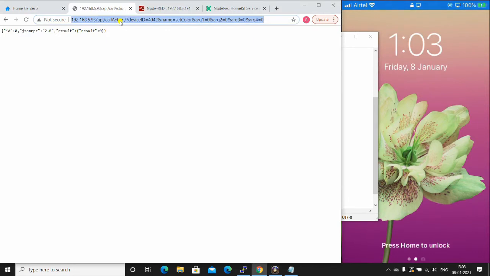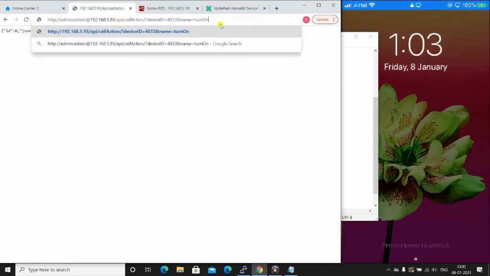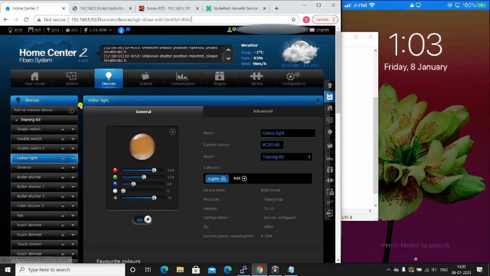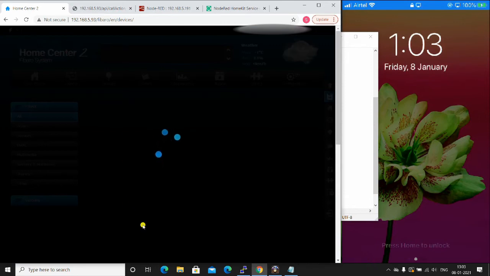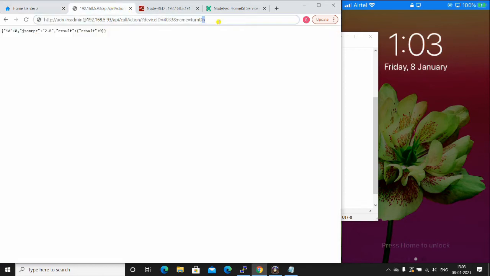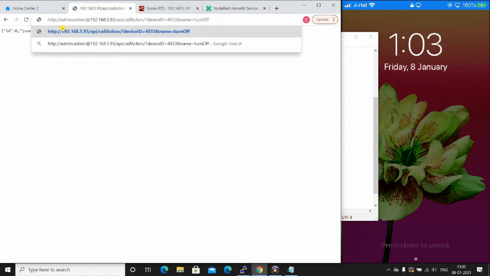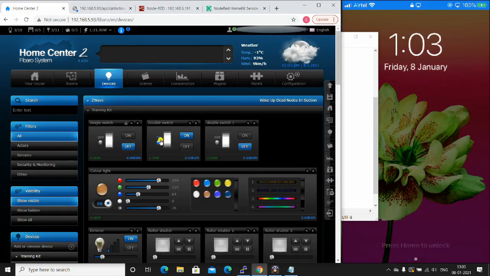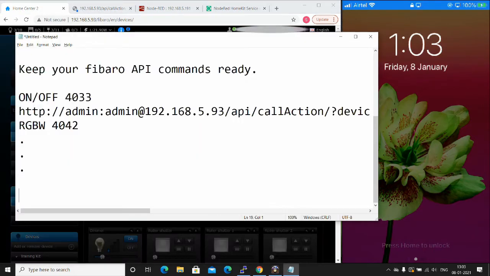Before you put it into Node-RED, I want you to check whether there is any spelling mistake at all, because that's where most of our problems will lie, since we are creating it with our own hands. To avoid typos, just check it in the browser address bar and see whether your light is responding accordingly. Similarly you can create all the commands for the whole list that you have, and once that is done, you are ready to configure your Node-RED.